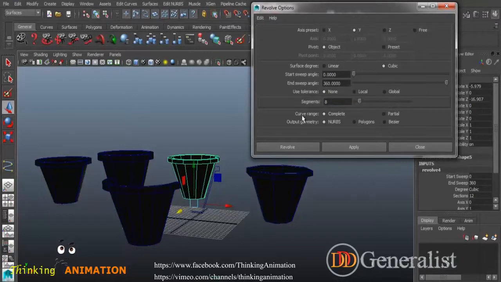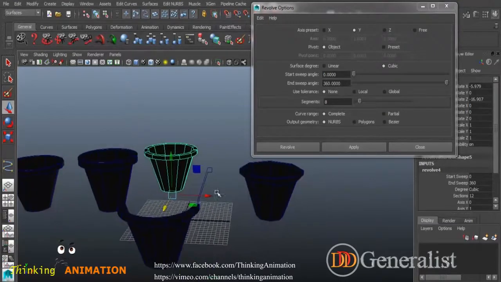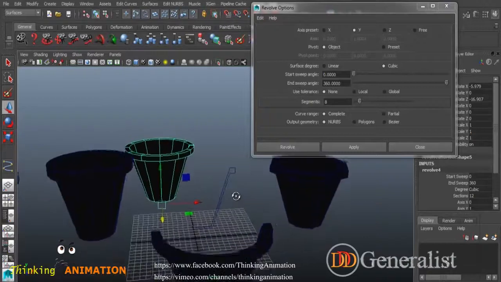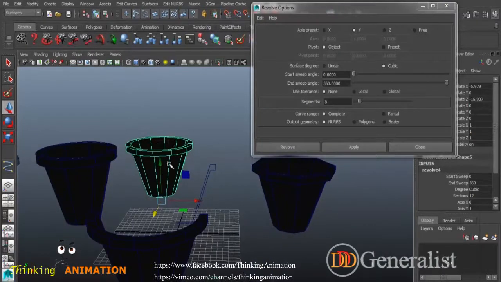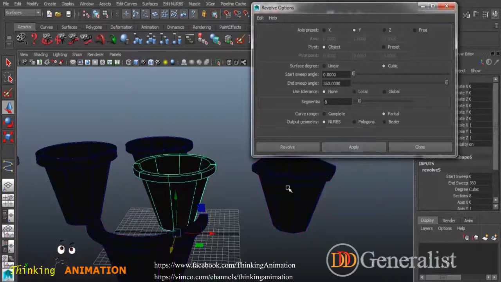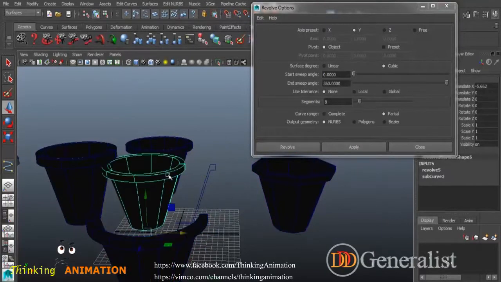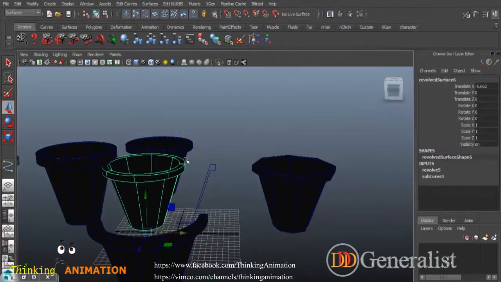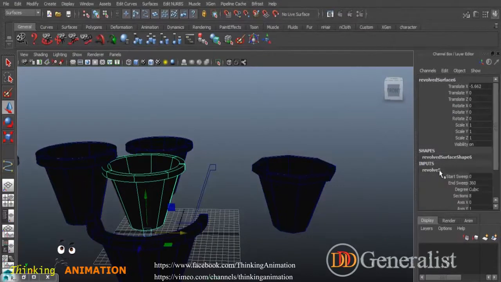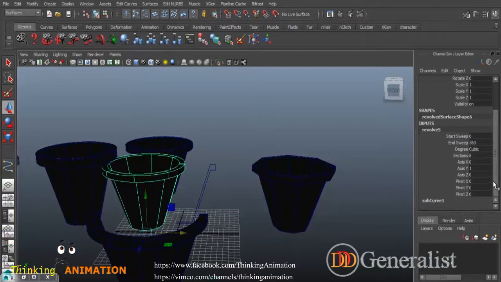And if we take a look at this one, here's a curve range, and that is complete or partial. What does this mean? This is an excellent option if you want to create some animation or bring some change into this geometry. We have the complete selected as a default. I'm going to choose the partial. What does it mean? If you apply this one and you keep it aside, after you select this shape, now you come to revolve here. So what you get here,